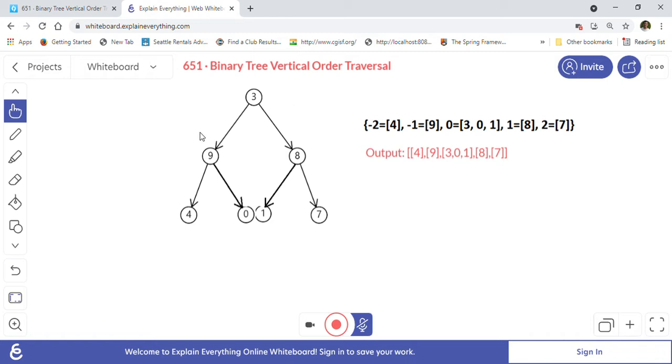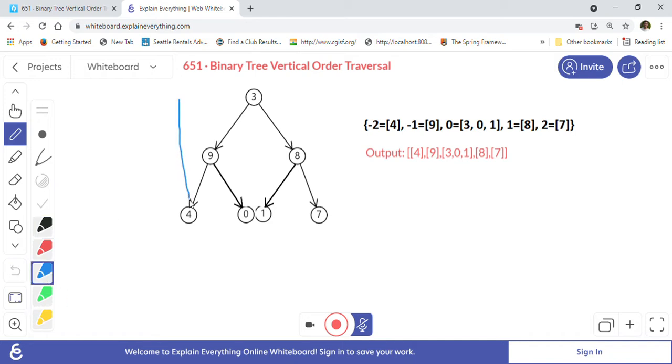If you look at this binary tree, you can imagine that there are vertical columns like this in the tree. This is one column. This is another column which is going through 9. Then one column is going through the root.